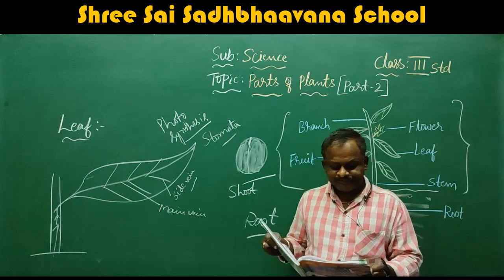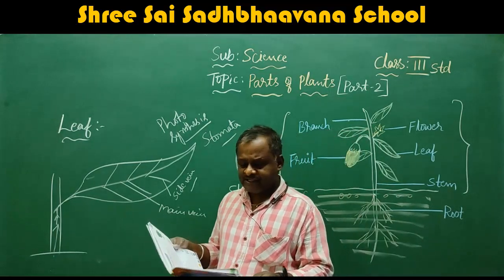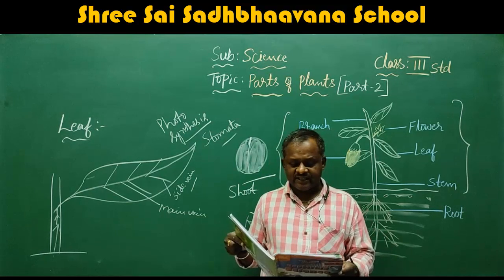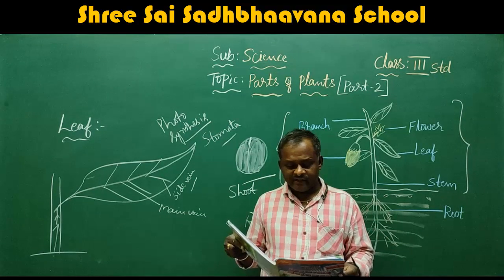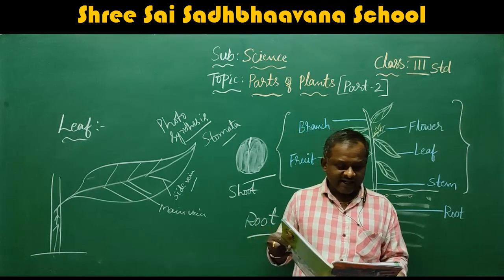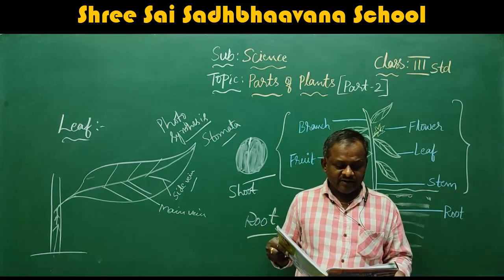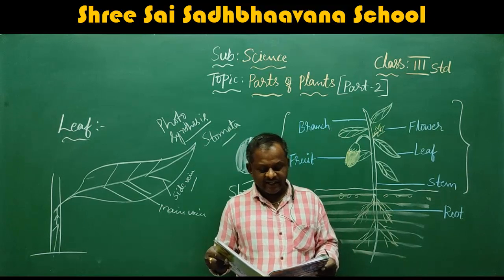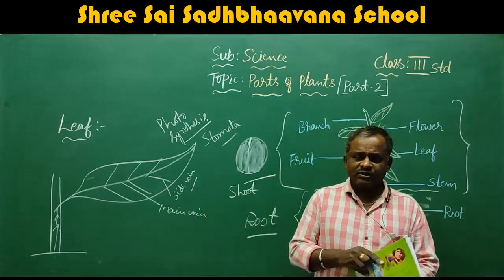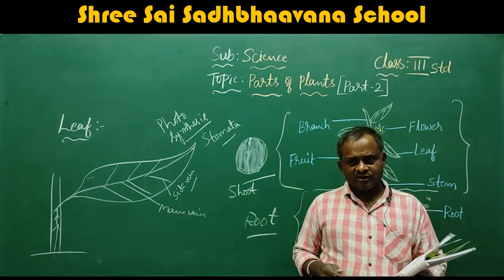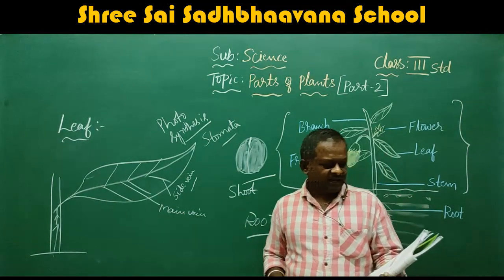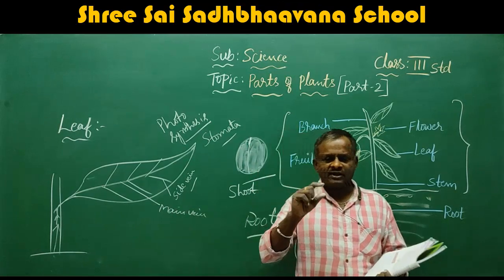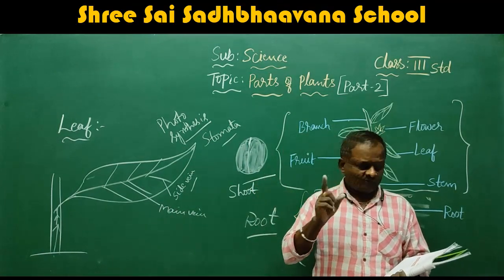See here, they are given some explore, that means some activity. Collect 10 different kinds of fruits, cut them into parts, find out how many seeds they have, and categorize them into fruits containing one seed, fruits containing few seeds, and fruits containing many seeds. Even without cutting, you know the fruit names, just write them. For example, containing one seed: mango. Write down other fruits that contain only one seed.